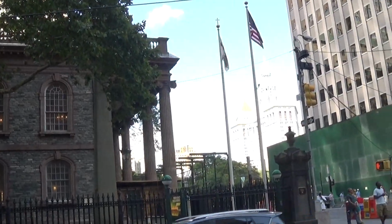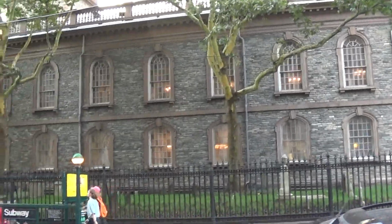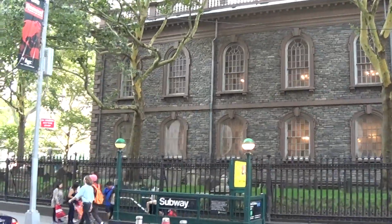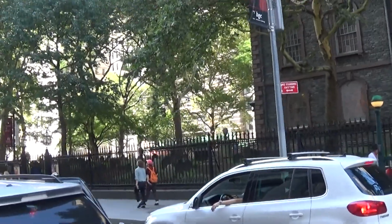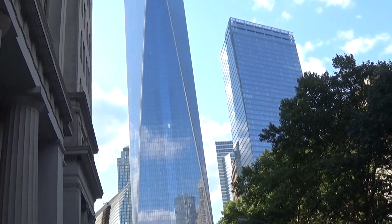This is the area of Ground Zero. This is the church that was down in the Ground Zero area where they used as a makeshift morgue. And it was just very difficult to be around here when all the ashes were down here too. And you can see how right now what they've done is they finished completing this